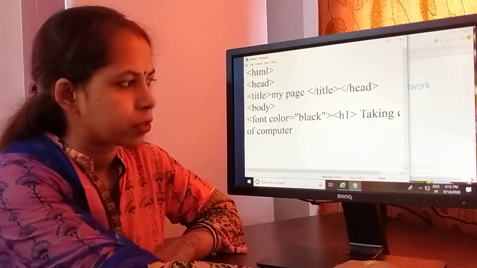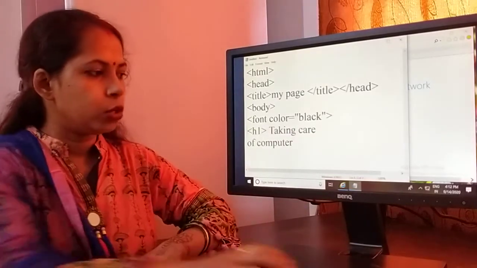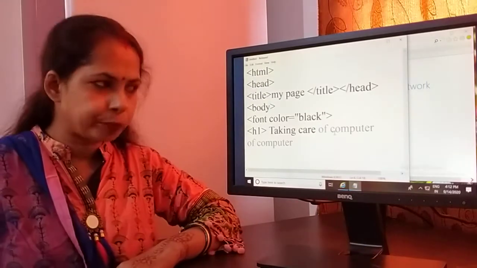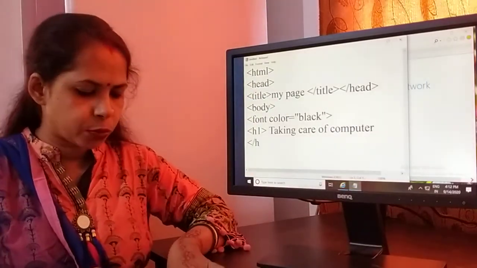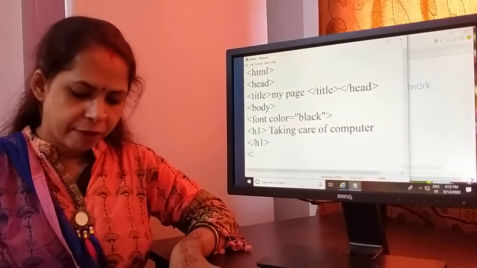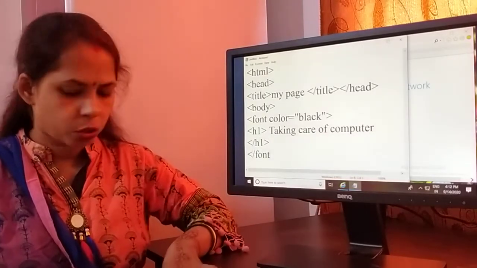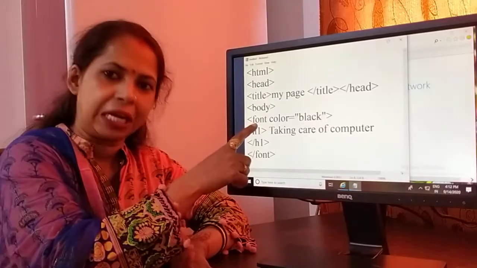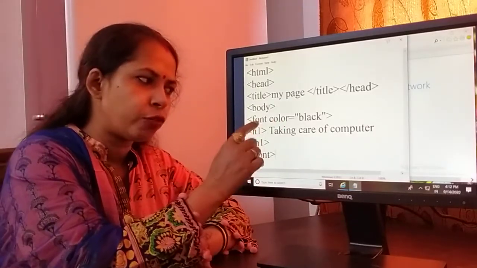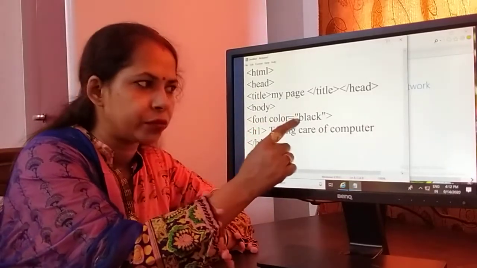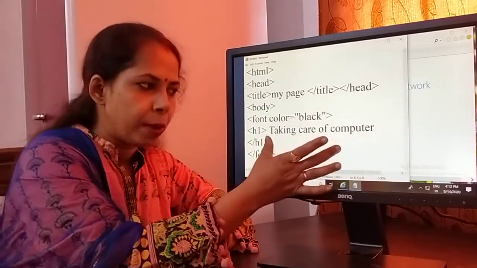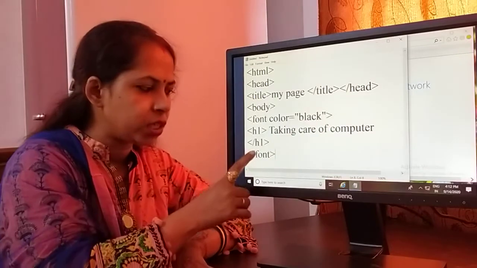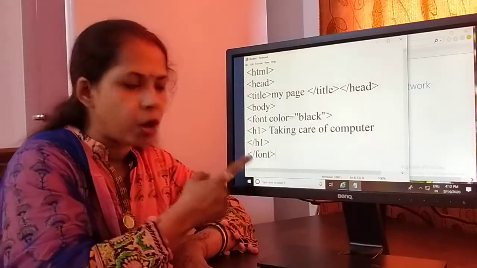After completing my heading, I close the H1 tag. After that I close the font option also, because font is a container tag. So, font color equals black. H1 will close, font will close.